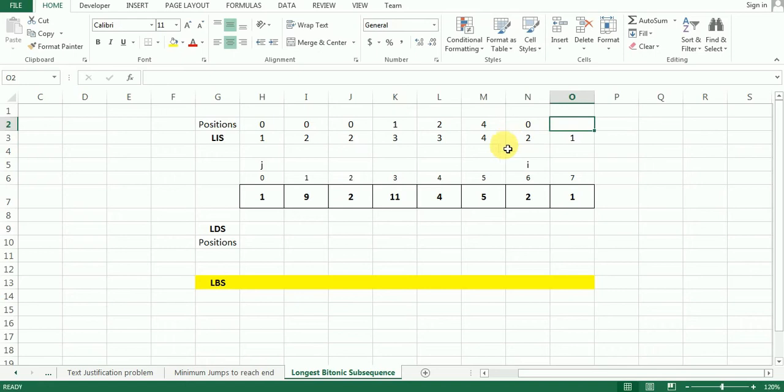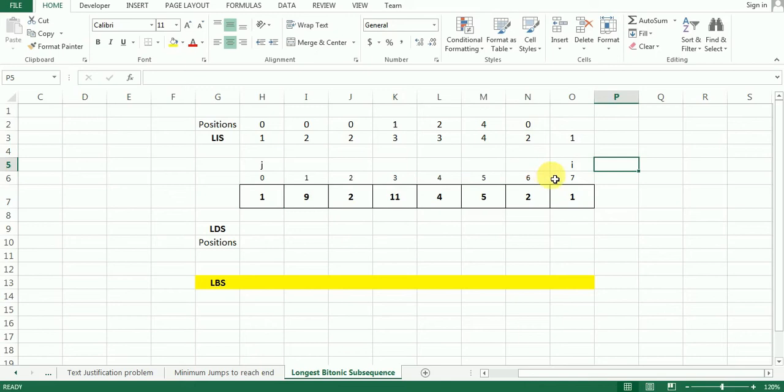Okay, now we are going to save ourselves some time. Rather than bringing all these J's over here and doing it one by one, we can look at the array and see if you can find any integer which is going to be less than 2? Or can you find any integer over which 2 is greater? No, right? So we are going to save ourselves the time because the value is going to continue to stay here as 2. Okay, so I'm going to move I to the right.